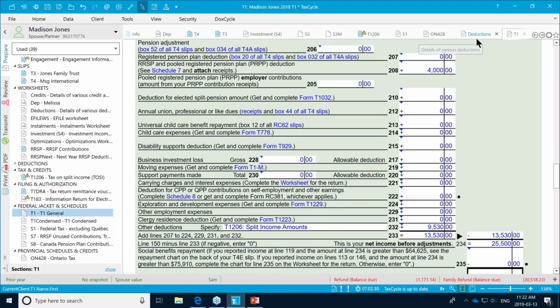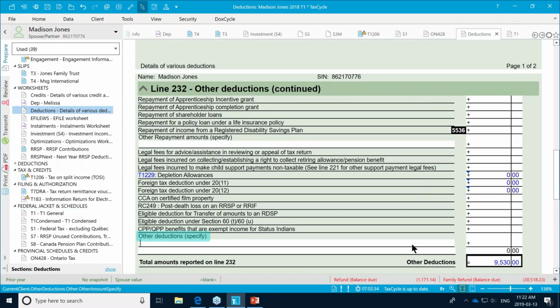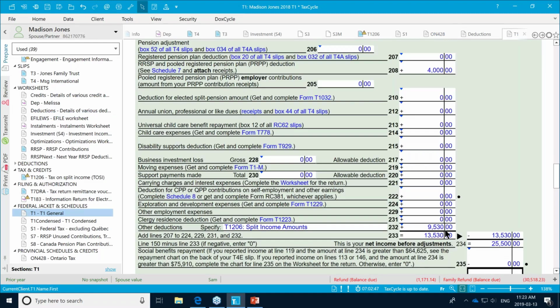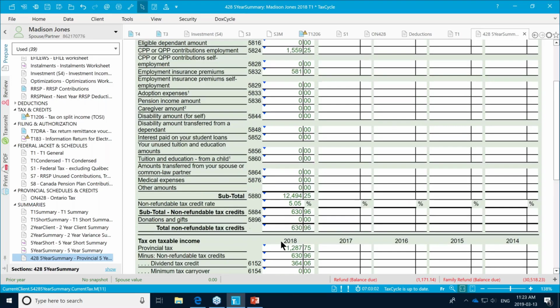If, however, you enter some other deduction on your deductions form here, it will transfer as a general note to the T1. But that is all handled for you. So that's coming in here. And then I also wanted to show you here on the 5-year provincial summary, we also show this line 6151 tax on split income.